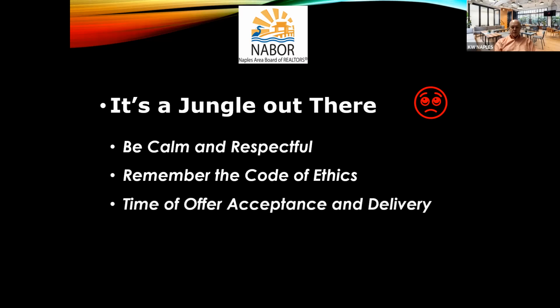One of the things that I've noticed, I do the compliance for all your contracts, is occasionally, more than I would like to see, the offer was tendered to a seller, and the seller countered it or signed it and sent it back. And lo and behold, the seller's signature comes back after the time period you've given the seller a chance to respond. It could have been a counter offer, but remember, there's a time for acceptance and delivery. It gets augmented by two days for counter offers,